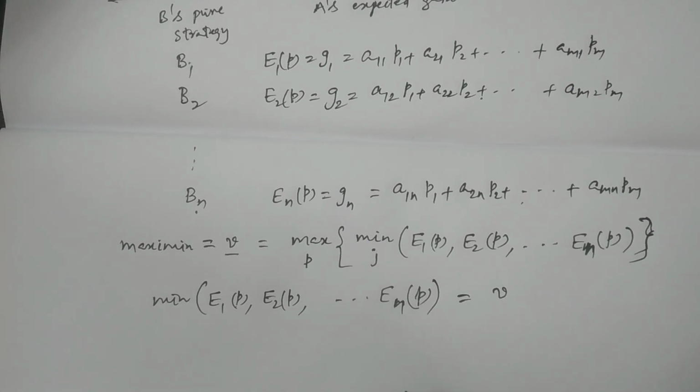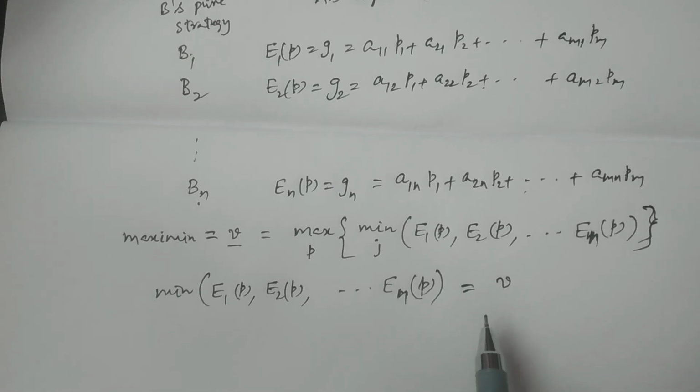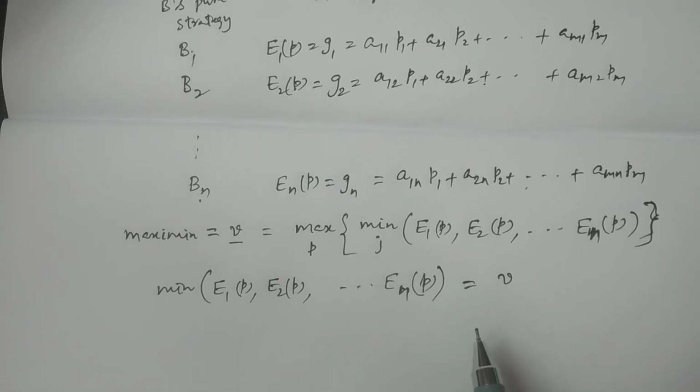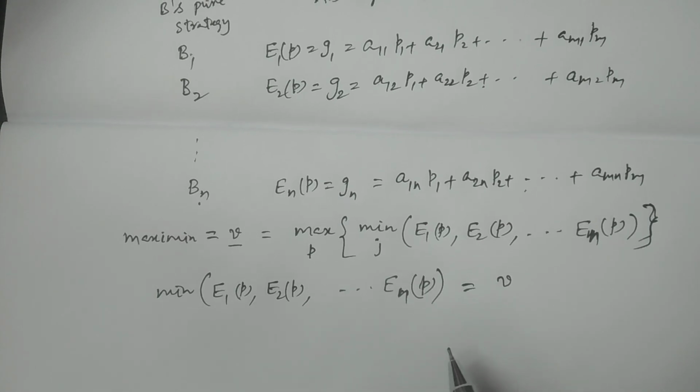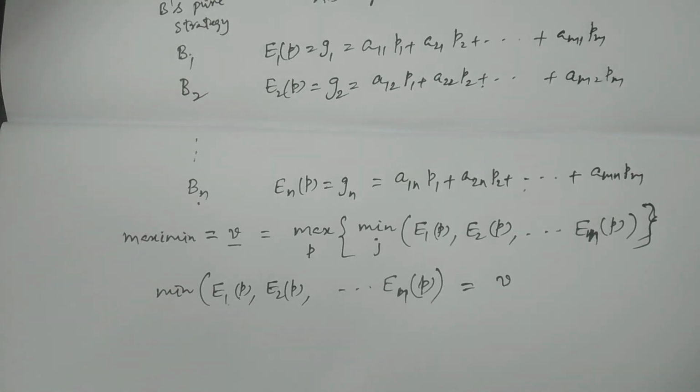If you consider the maximin property and the minimum of this expected gain, one of the minimum of this expected gain will be the value of the gain. All these discussions I have explained very clearly in one particular class. The minimum of these E1P, E2P, ENP gives you the value of the gain. That is exactly the argument of a game without saddle point, by using certain probabilities,